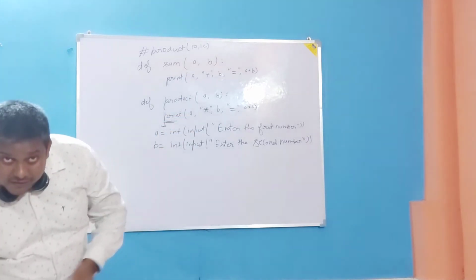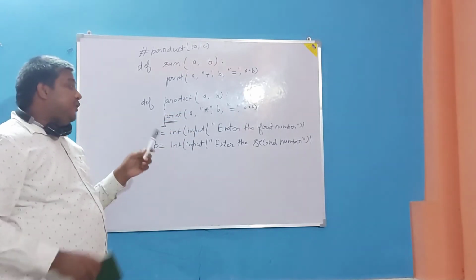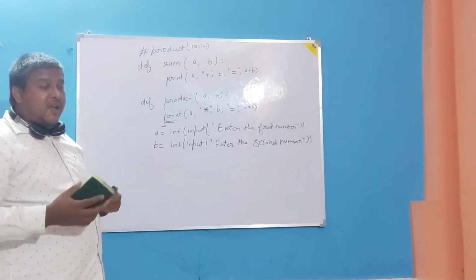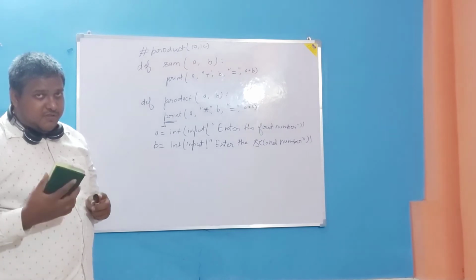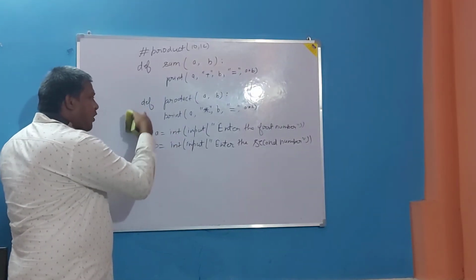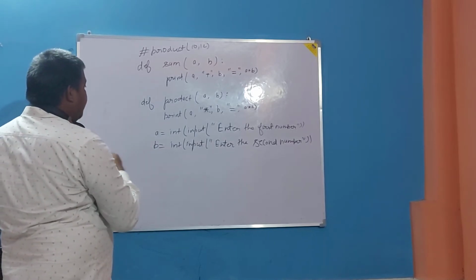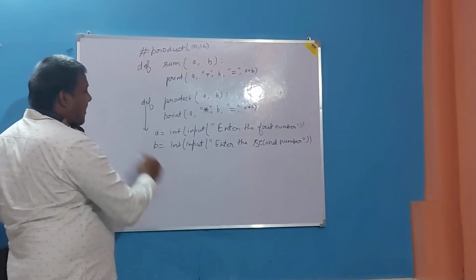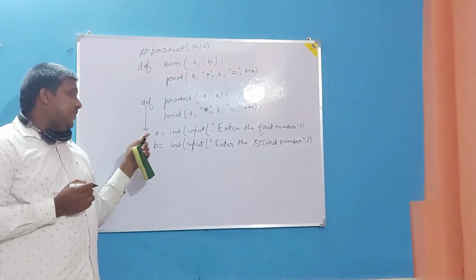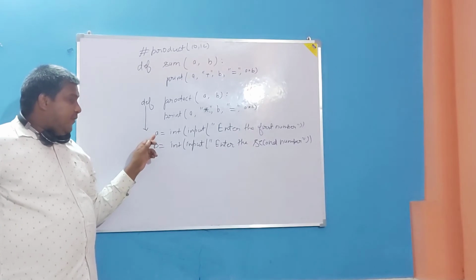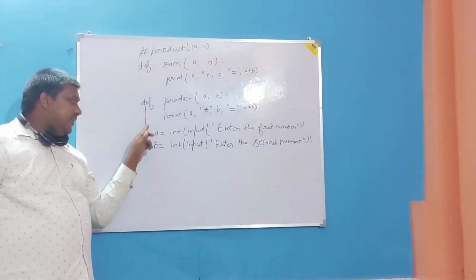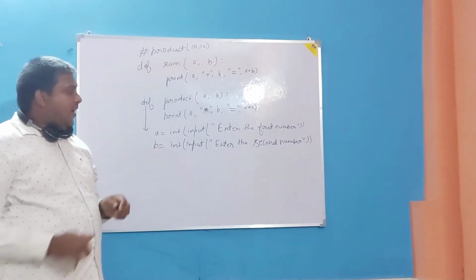So here, if any function you have declared, and you want that line to be a statement of the function, it will be terminated. So you have to write it in the indent of the def line. Otherwise this statement will not be considered a part of the function. Here I have also written it a little more shifted. You may correct it. You have to write with that indent: a is equal to int input, enter the first